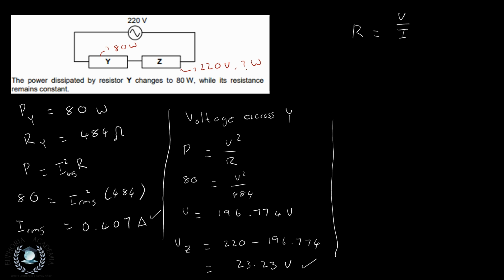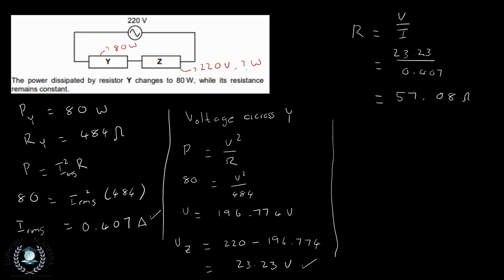Okay, so V divided by I, that's our Ohm's law, 23 divided by our I of 0.40, and we're going to find that we have a resistance of